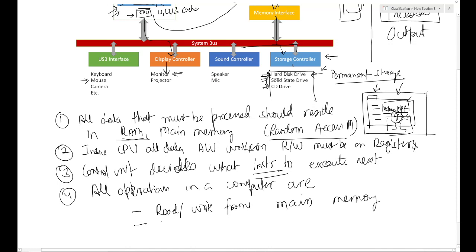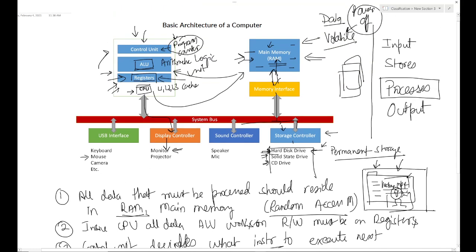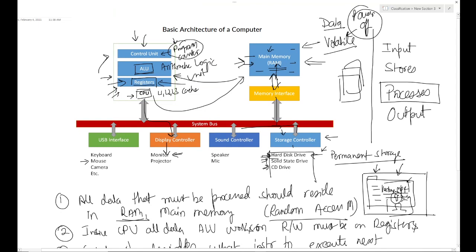Second is actually to do some instruction like add, multiply, subtract, or whatever. And finally, IO, which we call input or output. Okay, so these are the basic things that are happening inside a computer. All right, so this is our basic architecture of a computer.